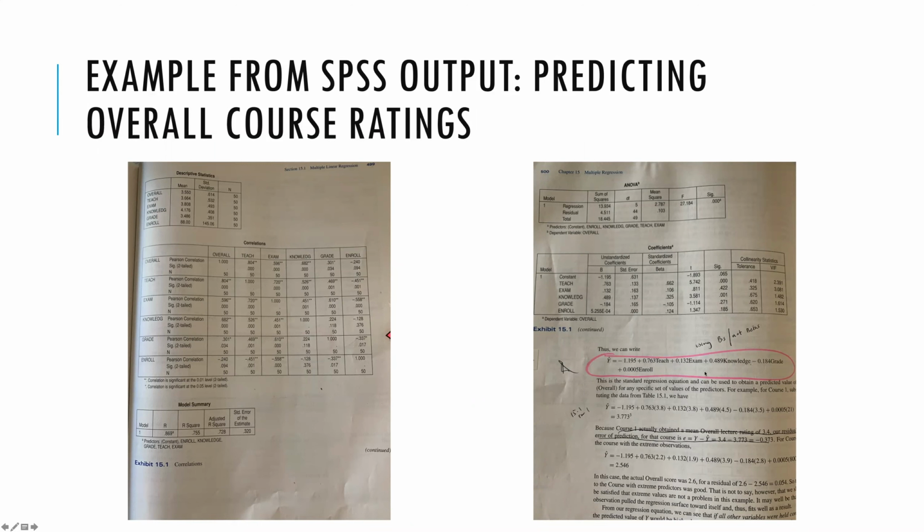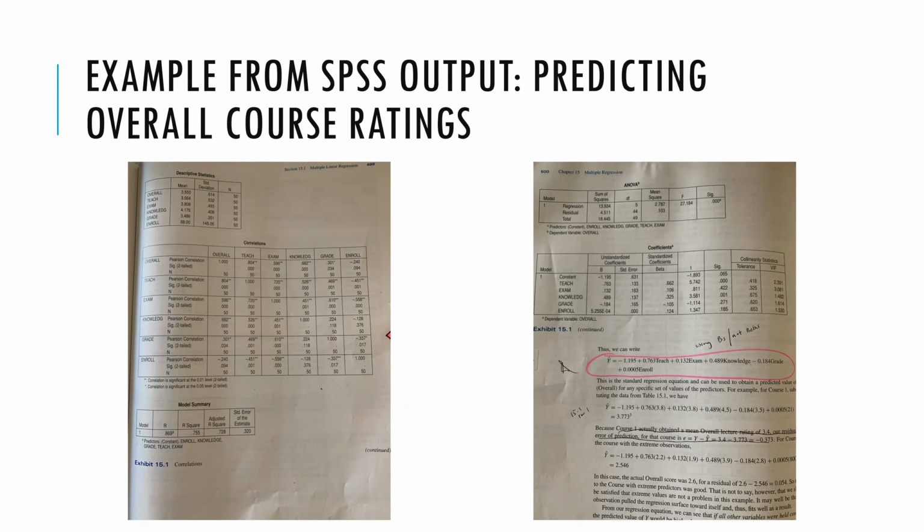So this information is used for plugging in values to predict scores within that range. And then finally, we have the R-square value here. We have R, which is 0.869. We have R-square, which is 0.75. Now, what does that mean? That R-square value of 0.75 indicates to us that